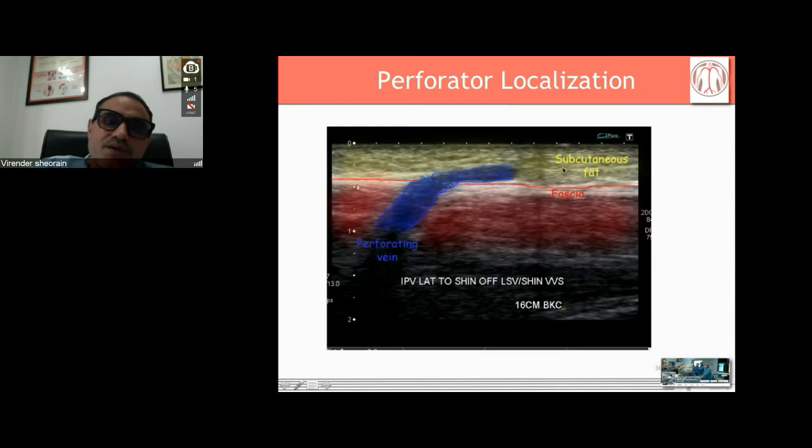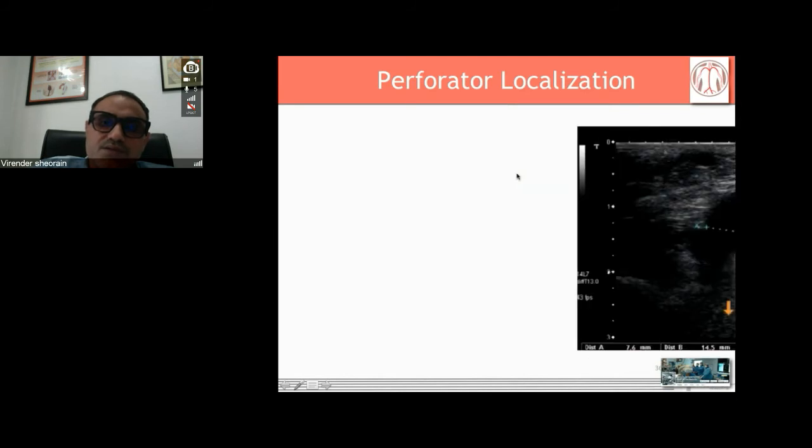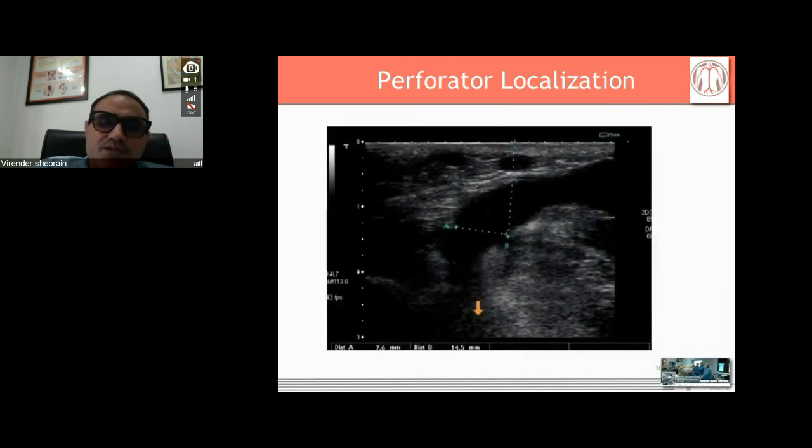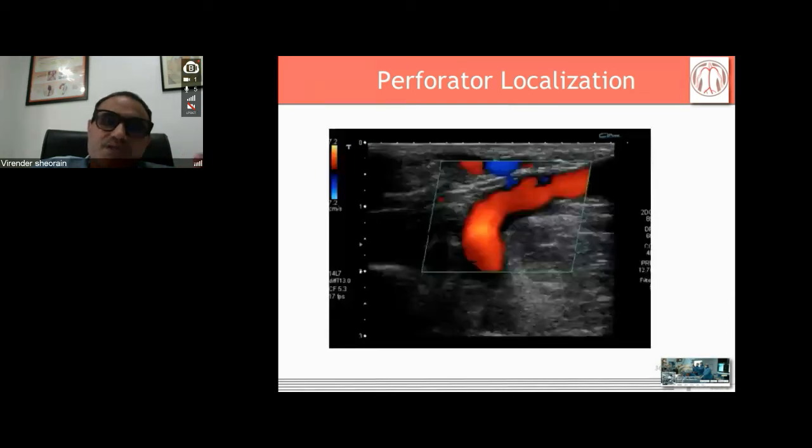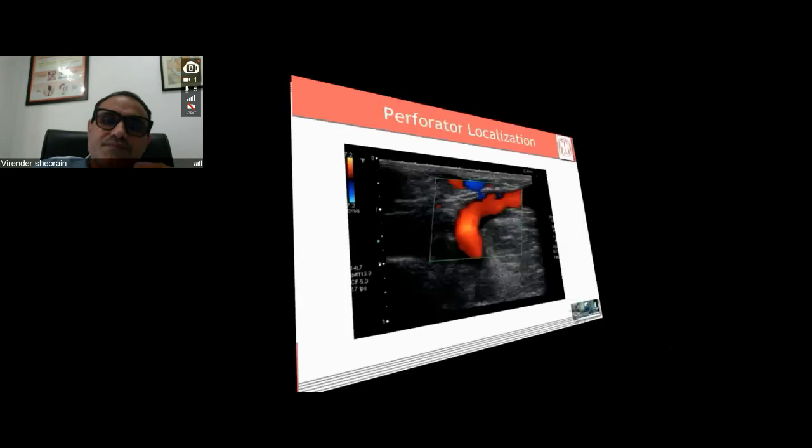So this is the deep part, this is the subcutaneous fat, this is the fascia, and this is the perforating vein. This is something which is very important. You can measure the direction of the flow. Ask the patient to basically stand, and then you can easily examine. Here you can see